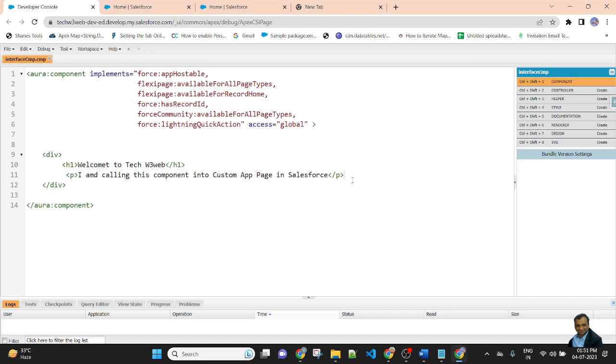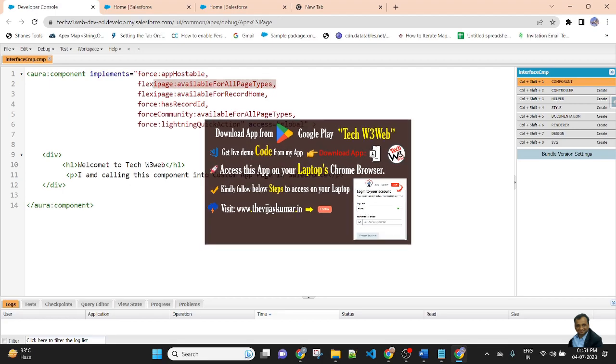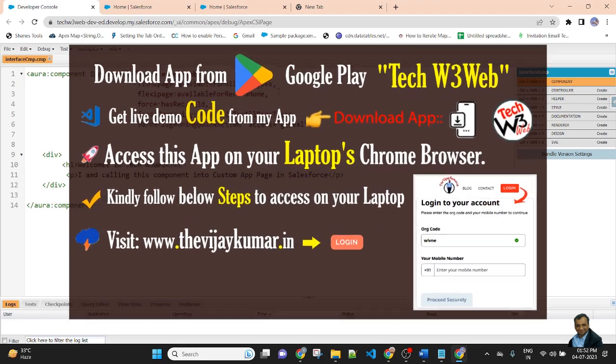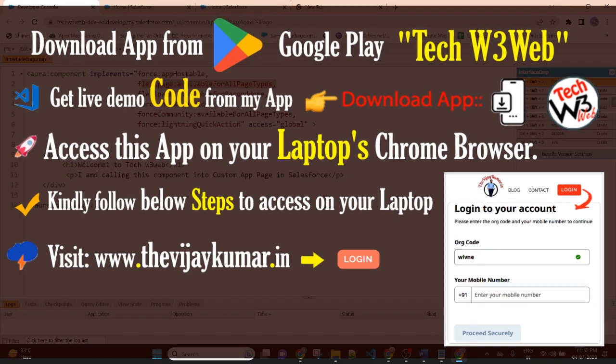So friends, if you want to call the Aura component into the custom app page, first we need to add an implements. Implements is an interface of the Aura component. This interface is predefined by Salesforce. There is an option, available for all page types, which means it will be available on all pages, like the custom app page.